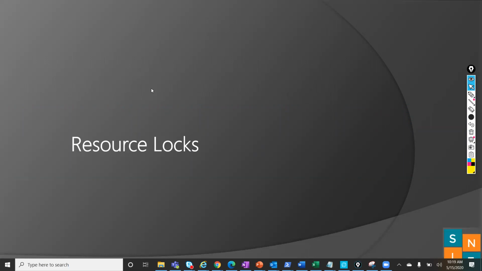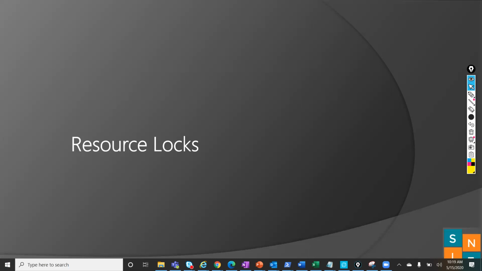Okay. And coming to resource locks. So what is a resource lock? Let's say you have a virtual machine deployed in the cloud, and you only want other users to view, read or access the resource, but not to delete it. In case, let's say, a new guy joined and worked with the virtual machine, he doesn't even know what he's doing, and he just clicked on delete and it got deleted. So it's an accidental deletion. In order to avoid accidental deletions, what we'll do is apply resource locks.